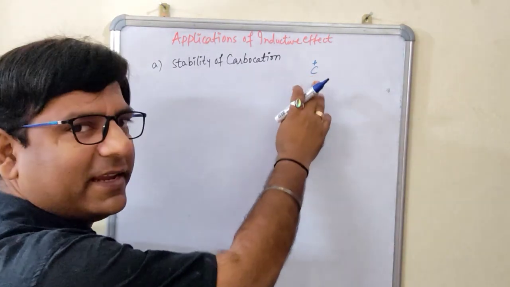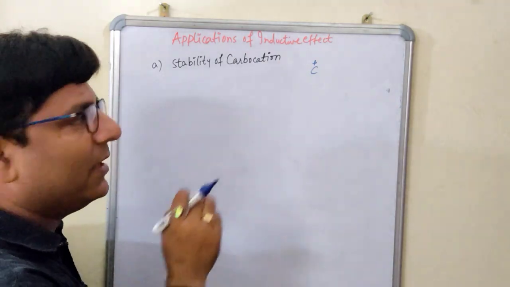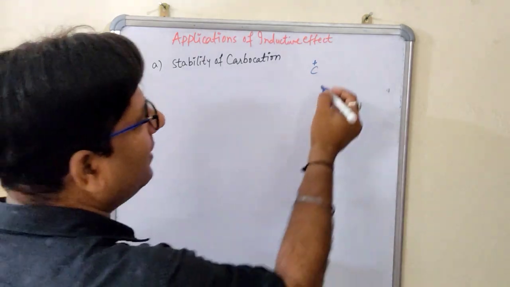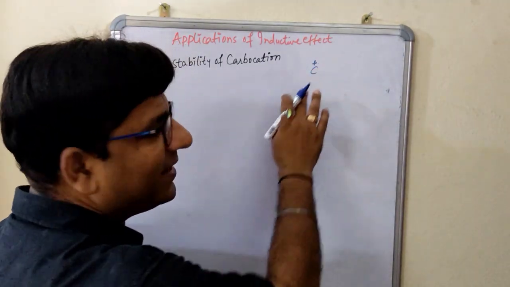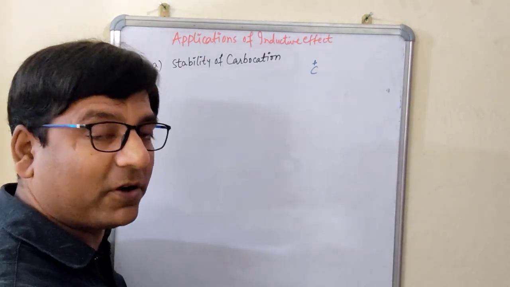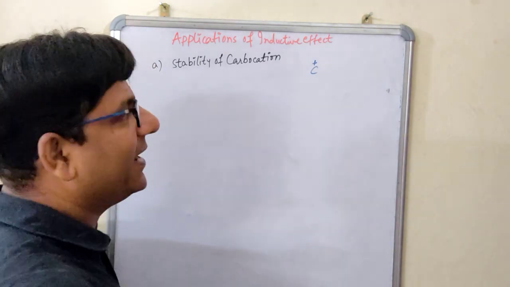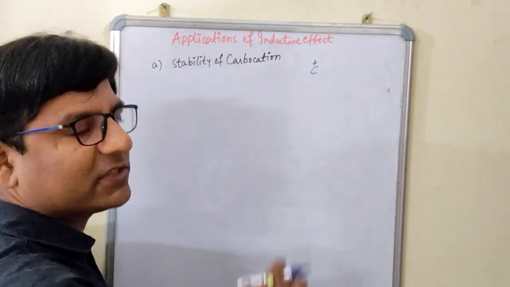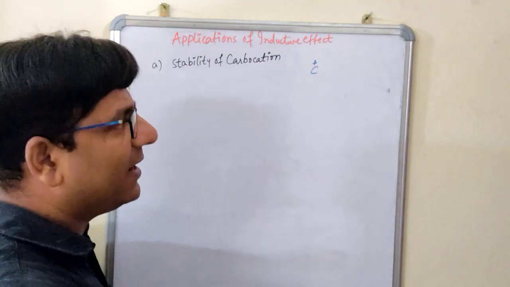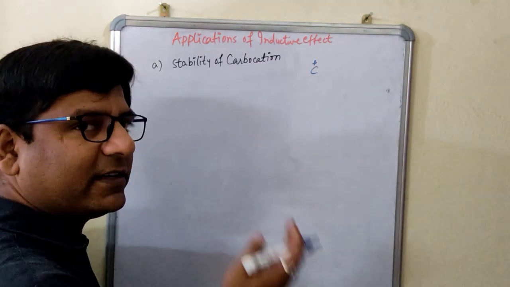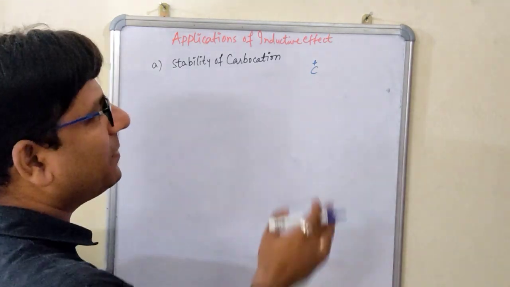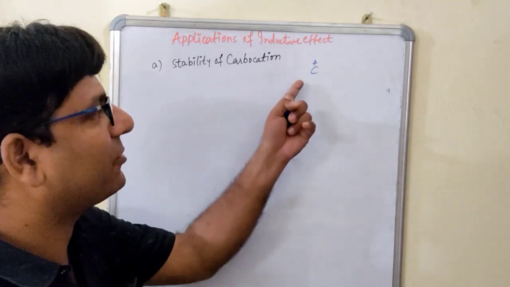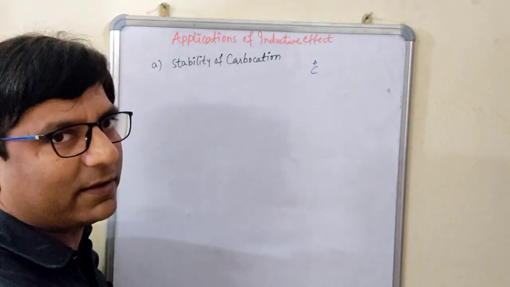Electron deficient means it needs electrons. One thing, students, you just keep in mind and you can remember it: carbon is not meant to carry any charge, neither the positive charge nor the negative charge. It must be neutral in nature, right? If it is holding a positive charge, then it is unstable. If it is holding a negative charge, then also it is unstable. Because carbon wants to be in a neutral state, because it is neither electropositive nor electronegative, right?